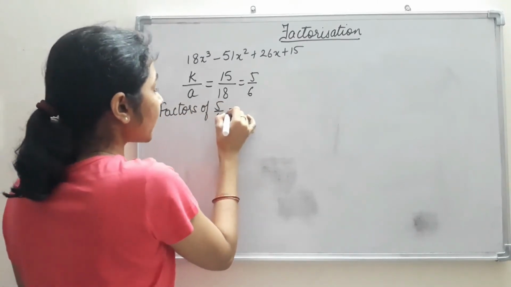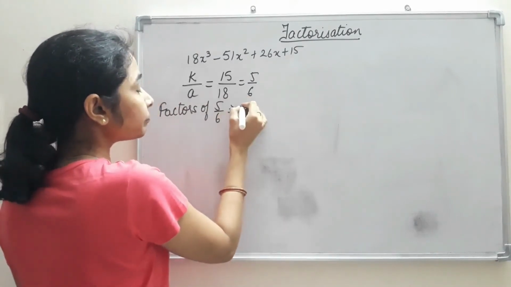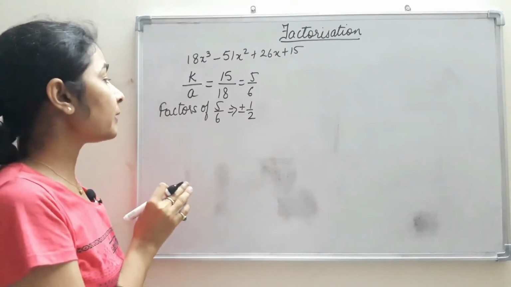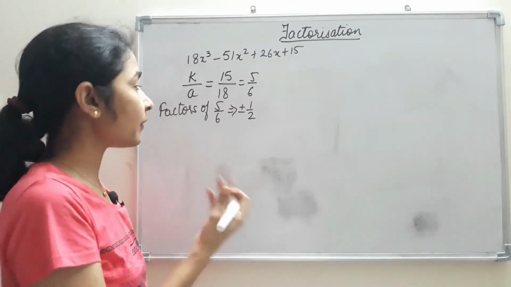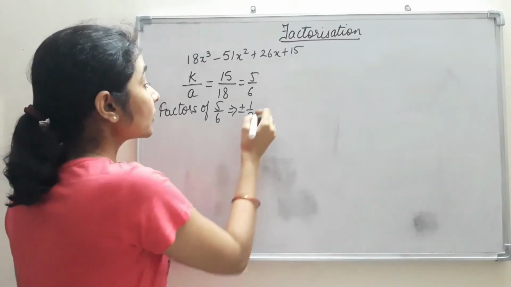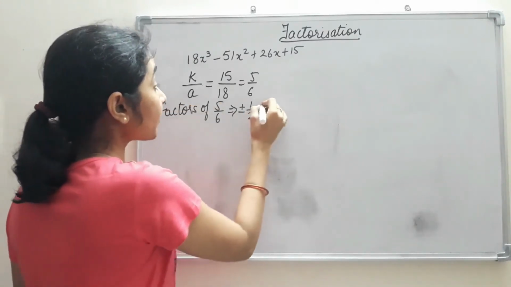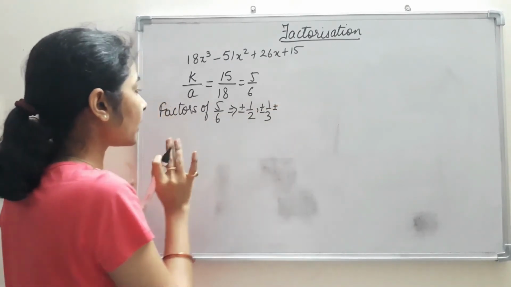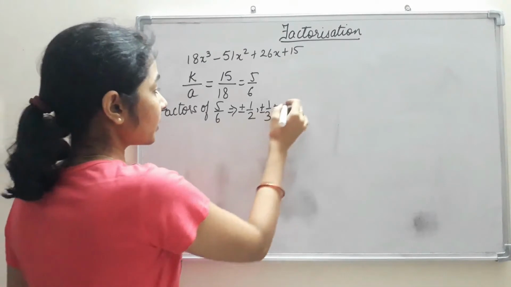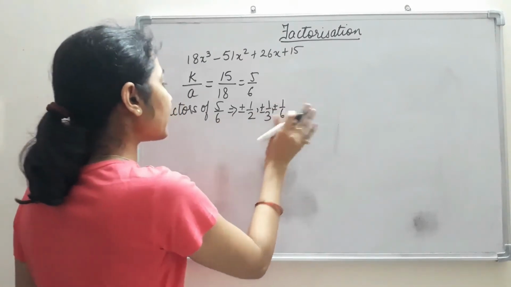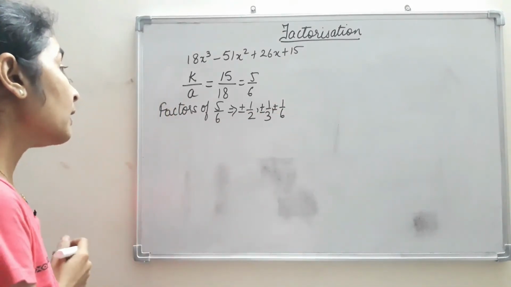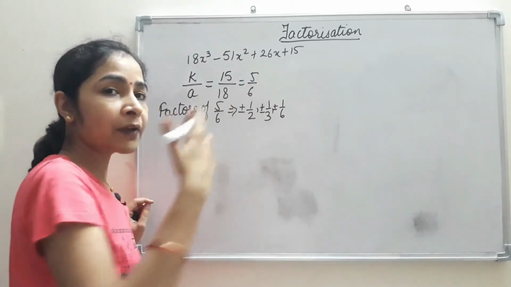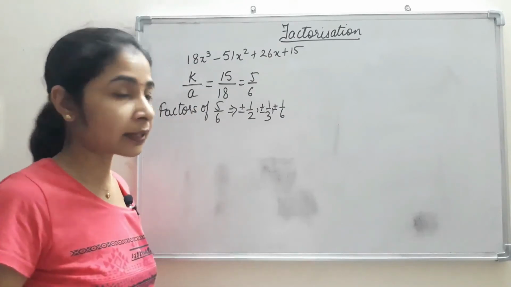Now if we start with that, we can get plus minus 1 upon 2. Okay, 1 is also a factor, but we know that they are in fraction, so we will find in fraction only. Next, if we take plus minus 1 upon 3, then 1 upon 4 can't be there, 1 upon 6 can be there, plus minus 1 upon 6, etc. Now these much are enough. From these we can choose any one and just use the factor theorem to find out whether it is a factor or not.